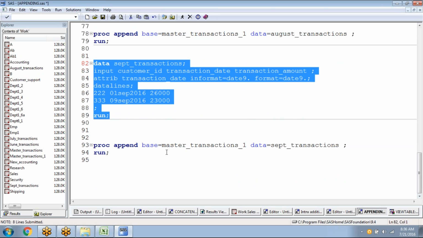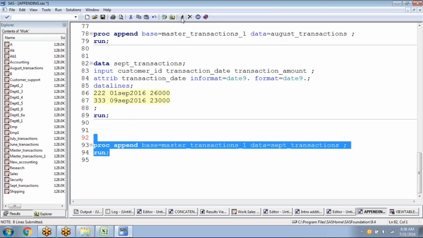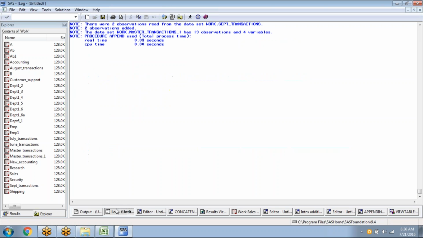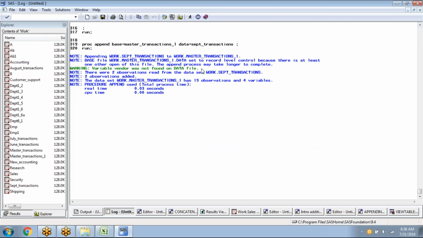Now if I append, what will happen? Because in the base file I have 4 variables, but in the file which I am adding, I have only 3 variables. I don't have vendor information in this, but I have vendor information in my master file. Will it append or not? It will append,